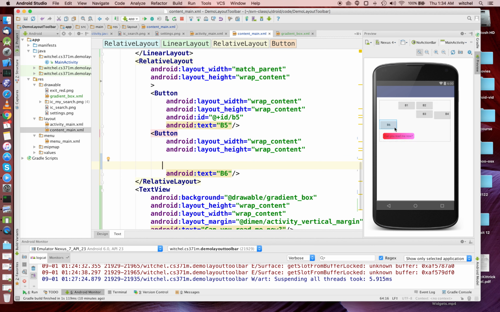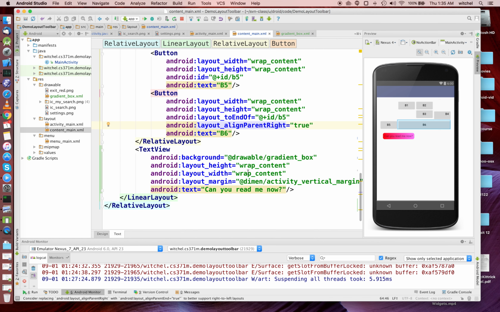So unlike a linear layout, when you put two things next to each other, in a relative layout, they actually go on top of each other. I mean, if you put them next to each other textually, or one right after the other, they just go right on top of each other. There's no sense of linearity in space. Okay, so we have our two buttons and our relative layout. That's pretty good. Okay, this next thing is going to be about